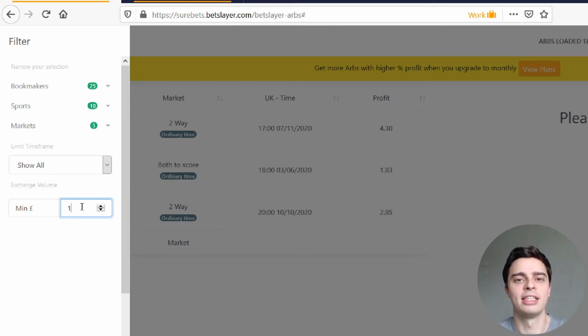Another feature which I quite like is the ability to set a minimum exchange volume here, and that is basically for the bookmaker to betting exchange ARBs. You can filter them by the quantity or the amount of money that's currently on the betting exchange at those odds ready to be matched, and this is to prevent you from being alerted to ARBs that have only a couple of dollars available to be matched on the betting exchange, which is basically a waste of your time. It's so little money that even if you did try and execute that arbitrage bet, you're only going to be getting a couple of cents in profit. So you could set this to be a minimum of something like $30 or pounds or something like that,